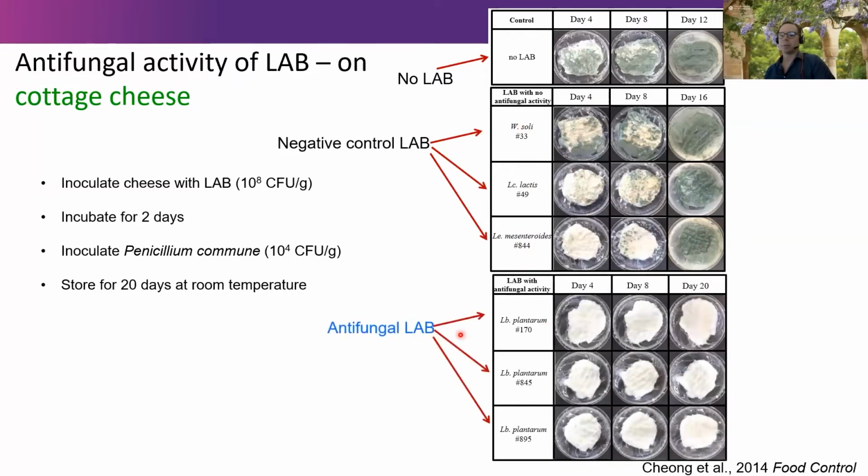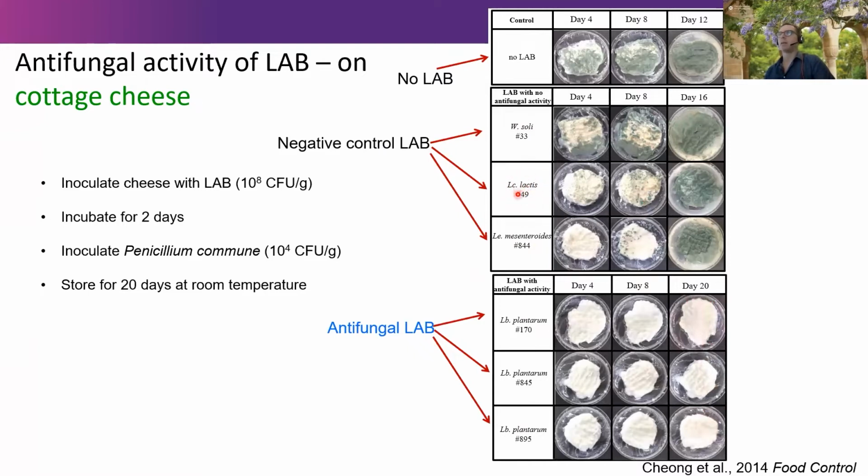The Lactobacillus plantarum isolates that we got, when we put those in there with the mold, even by day 20, we still didn't see any mold spots coming up. So it's quite a large improvement in the mold inhibition activity. This was really positive, and from those screens that we did, the Lactococcus has anti-listeria activity here,